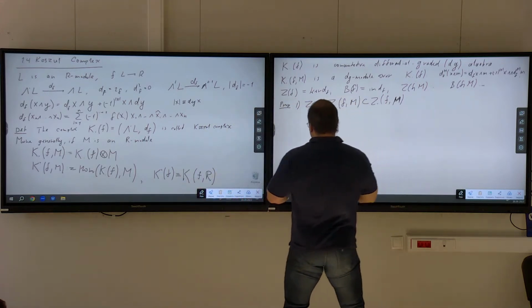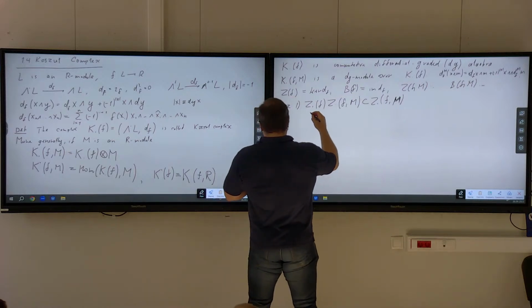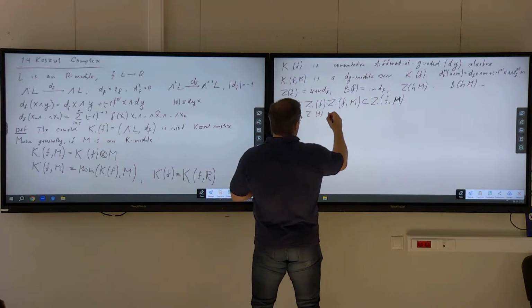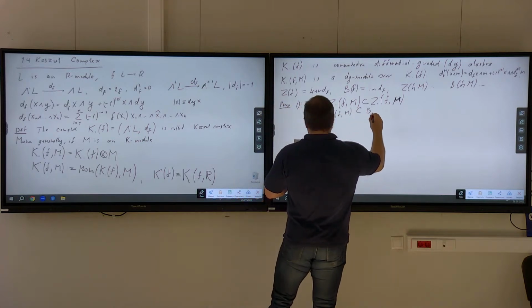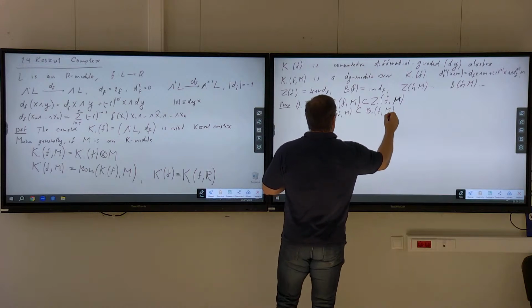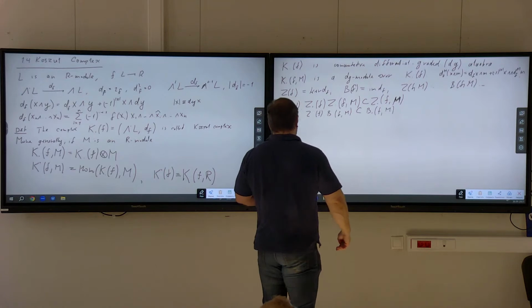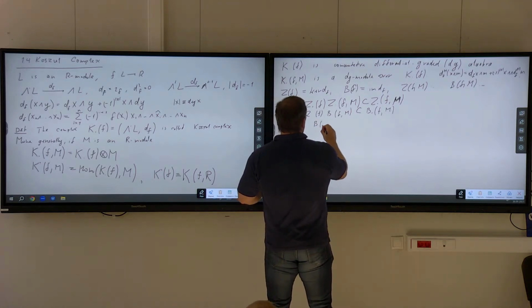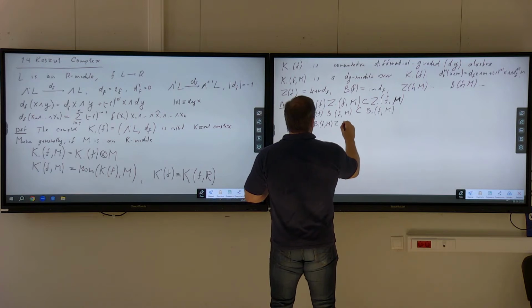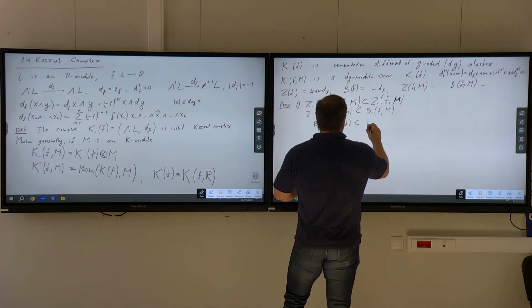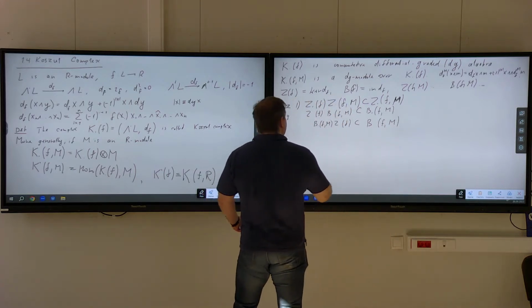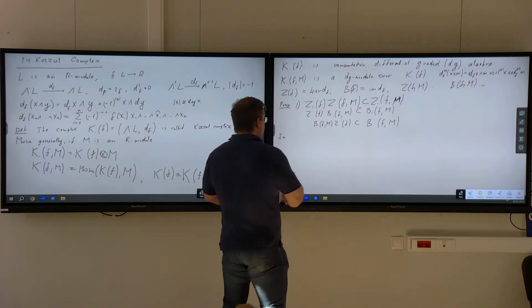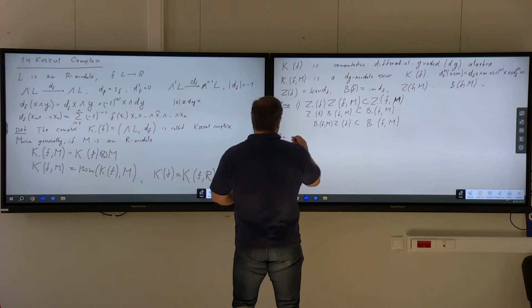So this is the product rule for the module, and there are two also quite easy exercises. If you multiply cycles by the boundaries, you will get boundaries. Now I multiply by a cycle on the left, but I can also do this on the right. I think immediately as I state this, you see how to prove it. These are quite easy statements. But why I'm writing this is because I have an interesting conclusion. So in particular,